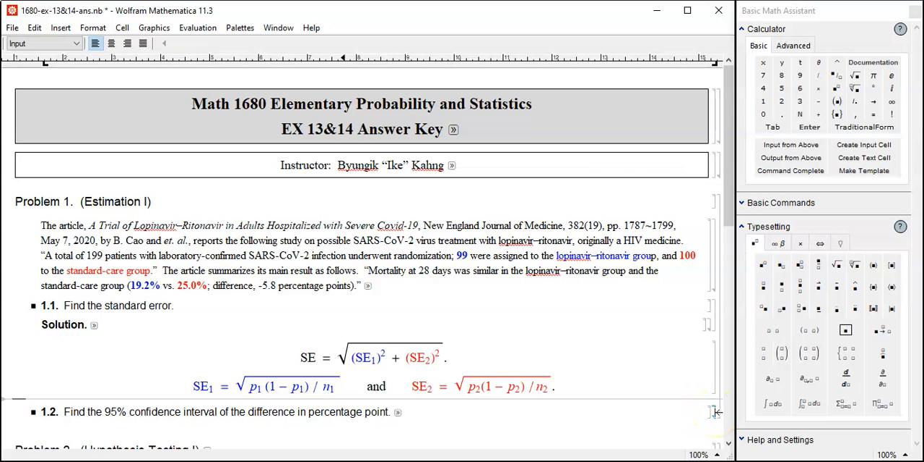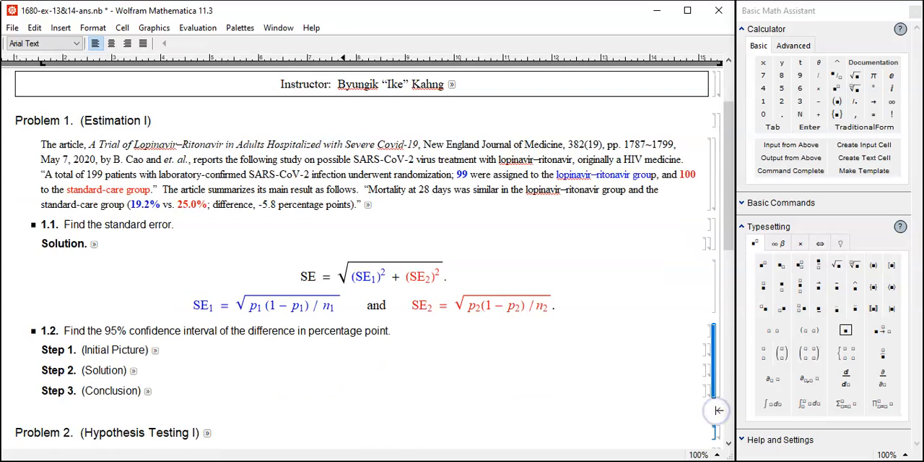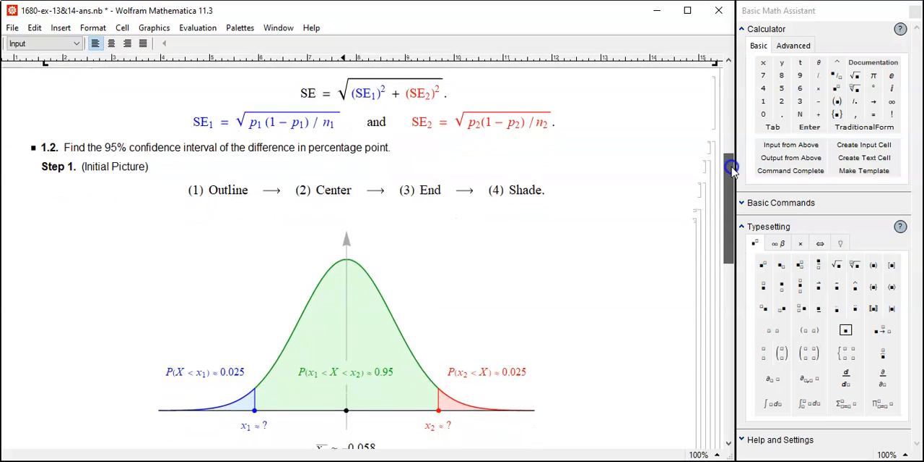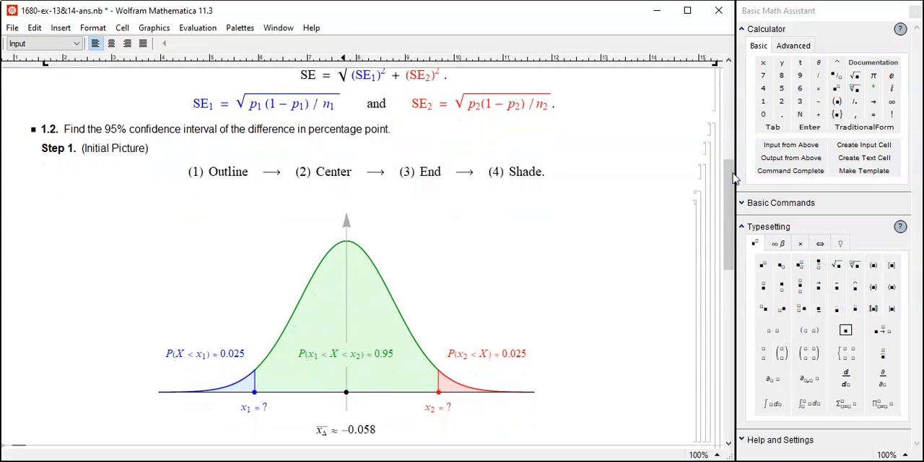Okay, the difference in percentage point. The expected difference, of course, is negative 5.8 percentage points. So around negative 5.8 percentage points, you're going to have a normal picture. Here we go. Remember the standard process: outline, center, end, and shade. Okay? Outline, we have a normal picture, and then center,